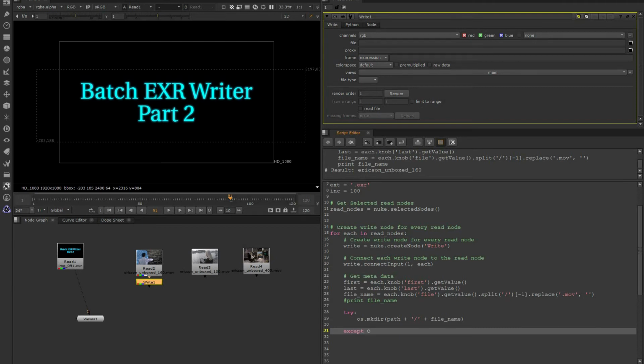There will be an OS error, and this error would say print. I just write creation failed,